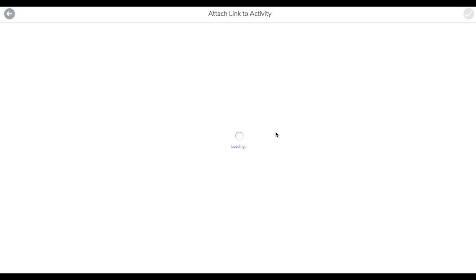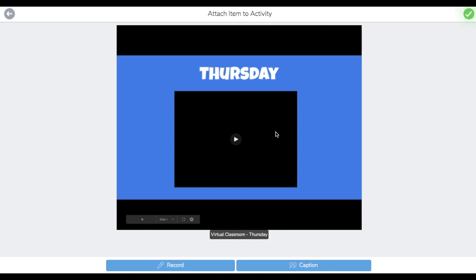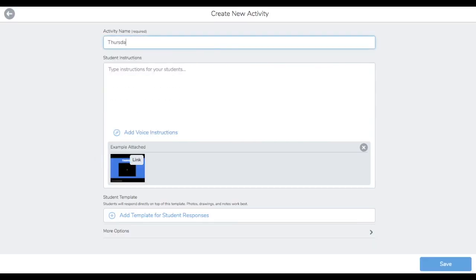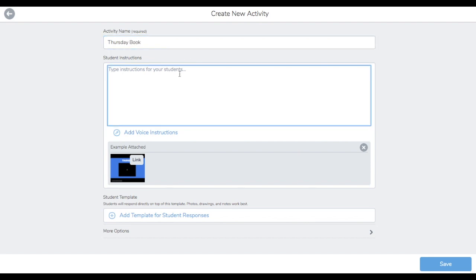Give it a second to load. It's attaching that Google slide link to your activity. And then there is my virtual classroom template ready to go. I can click the green button, and then I can just say Thursday book, put in my instructions,